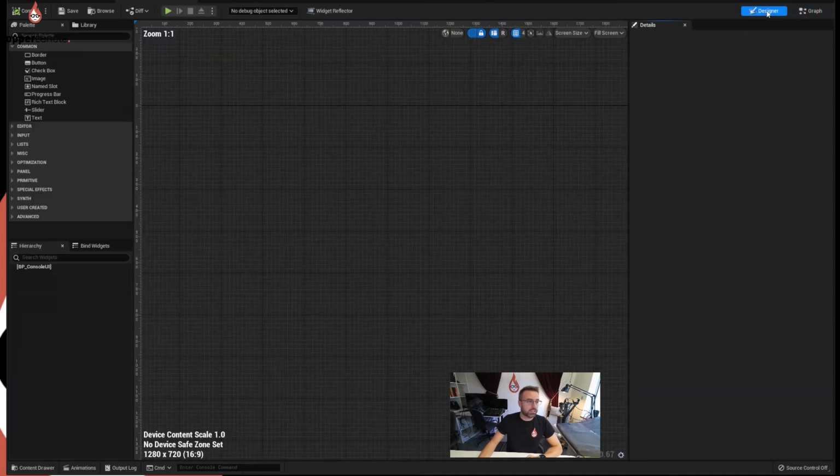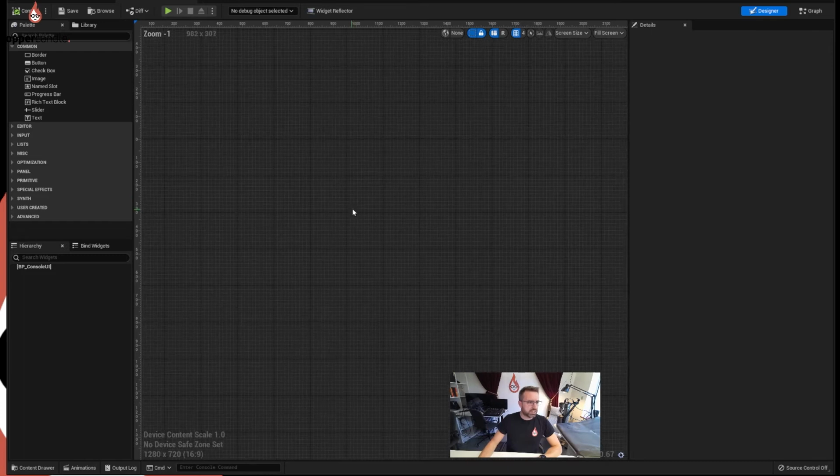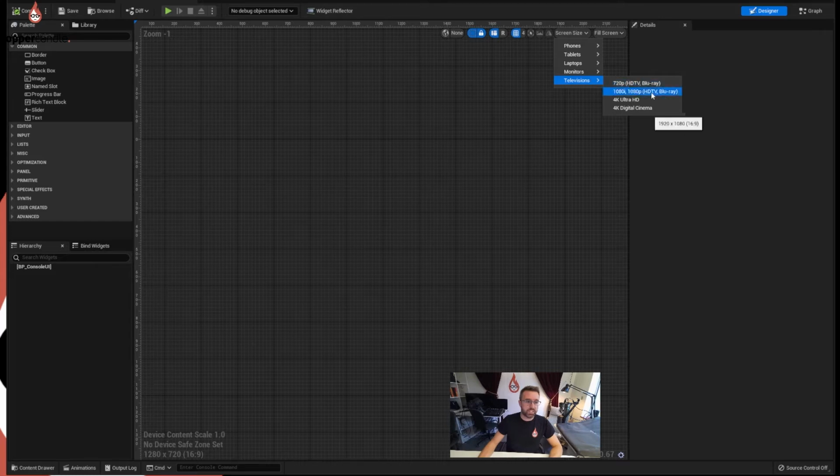So we're going to start in Designer and see if I can get this to work. We first of all need to set the size of our screen. You can choose a screen size up here. You've got different phones and tablets that you can select as presets, and it will create a screen that's the correct size for you. We've got the 1080p, which is what we're going to work on,